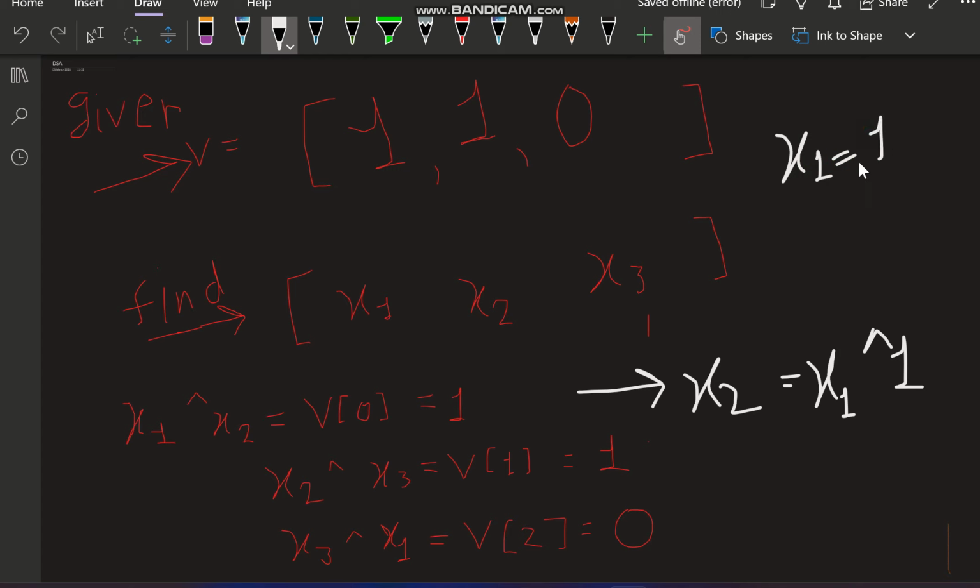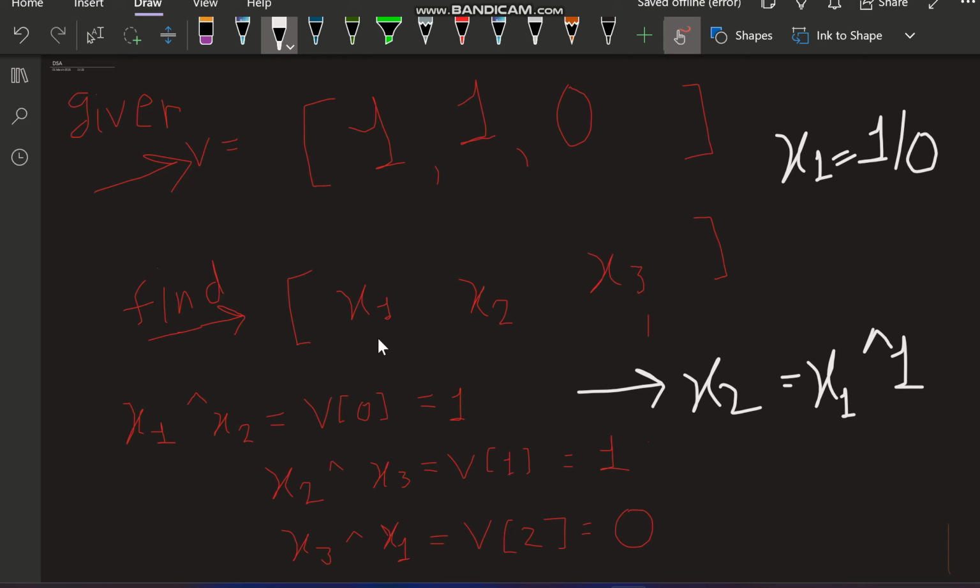So if the value of x1 is either 1 or 0, then why can't we consider both of the values? Because there are only two cases, we can consider both the values one by one, and find the values of x2 and x3, the corresponding values of the other elements also. So this is my approach. We consider x1 as both 1 and 0, and for both cases we find the values of the other elements. And now the question is how we can tell whether this array is a correctly derived array or not.